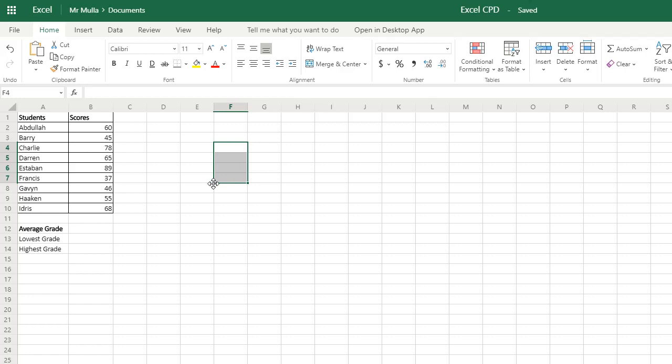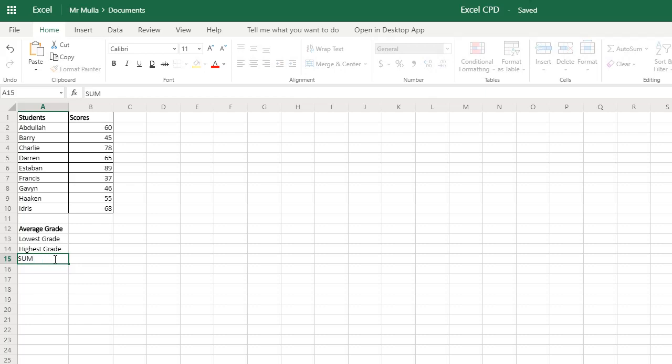So now what we want to do is use something called functions. Excel has built-in functions that can work certain calculations for us. One of the most useful that we're going to use is the average, to work out the mean value of a group of cells. Before I do that, not that we need this, but just in case you don't know, to work out a sum, to work out the total of an array or a list of numbers,